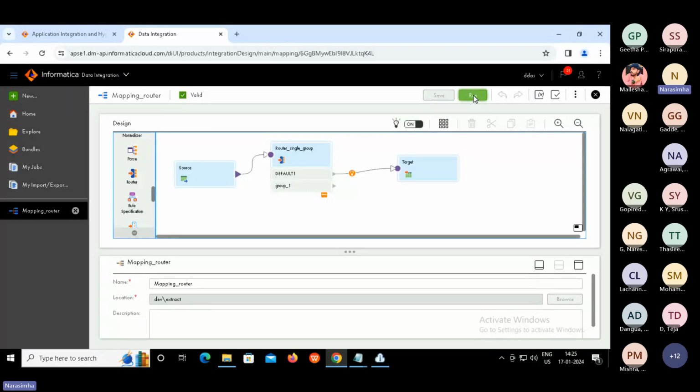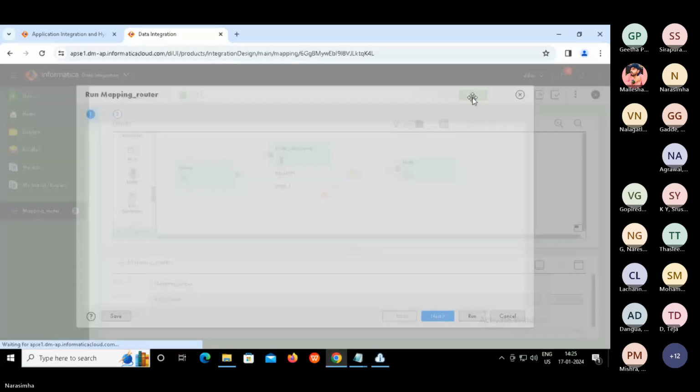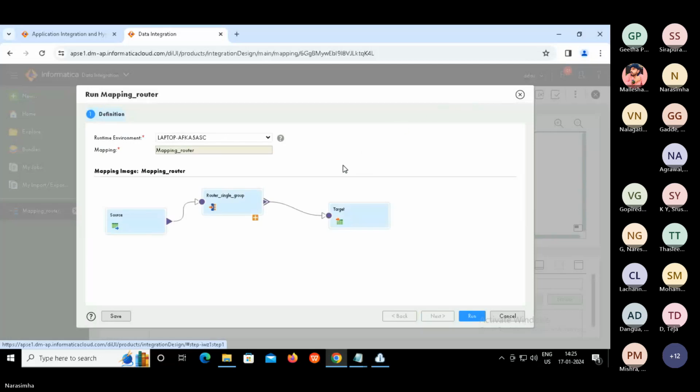So now let us try to run. I think we are all on the same page, right? Click on run. Make sure that we have got the right agent. Because I have two agents, I need to select the right one.